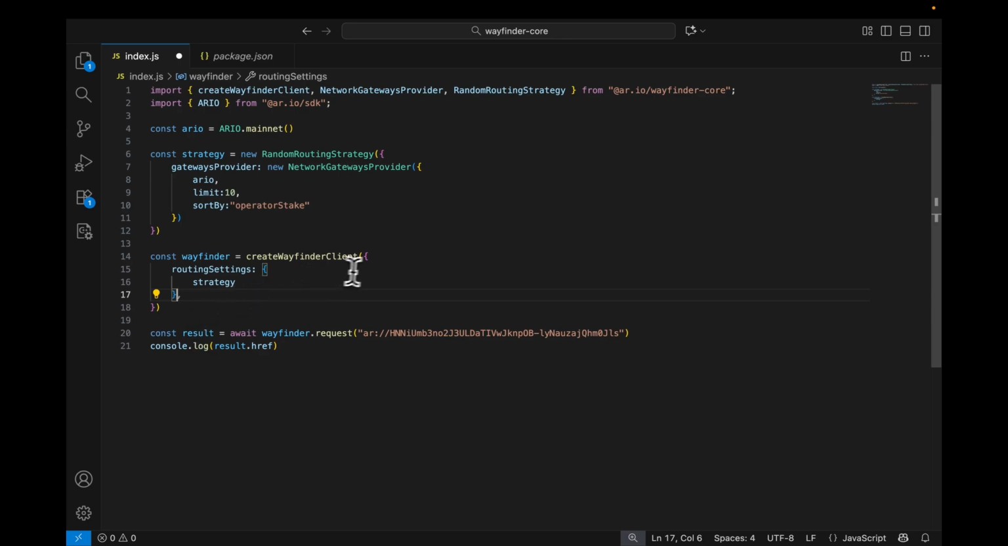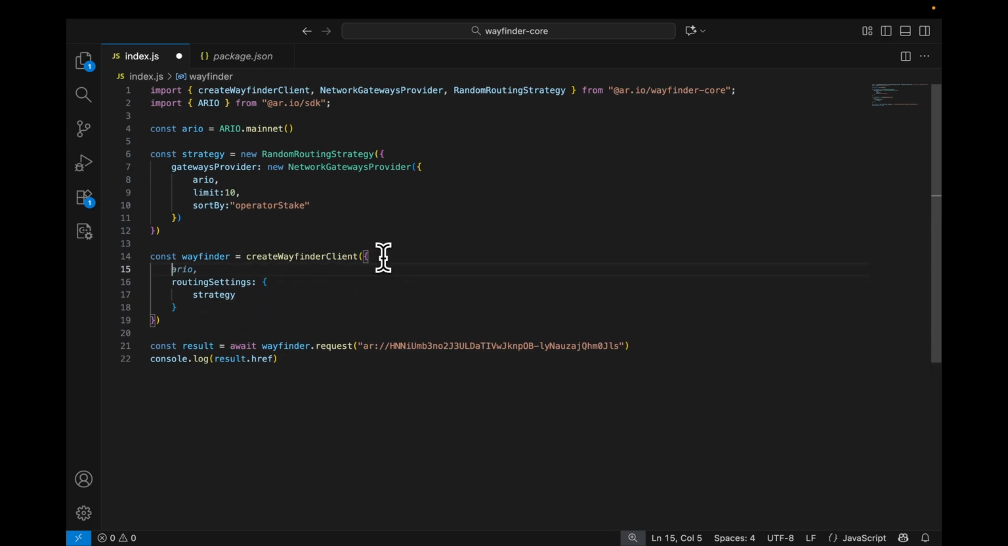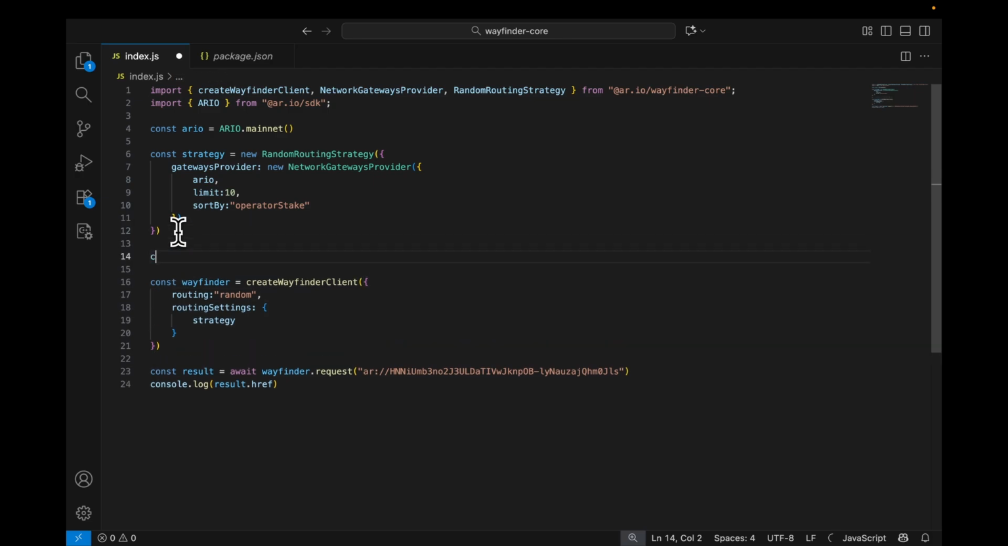But then on the other side, if you remember, we used to have an easier way of creating Wayfinder client without all this, right? Without all this customization strategy. And what you could do was just routing, and you could have put here random. But currently this doesn't work, and this is another adjustment that was made to the create wayfinder client to make things easier. So what you do is you can create here